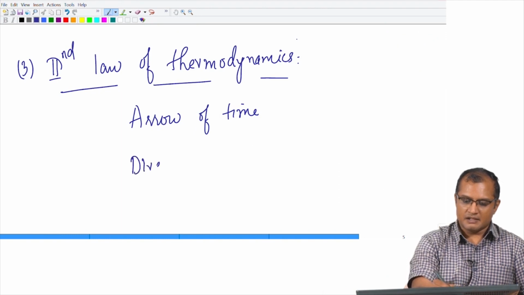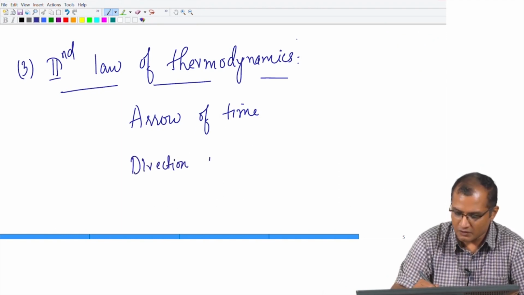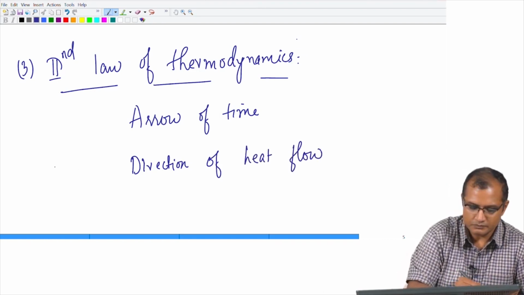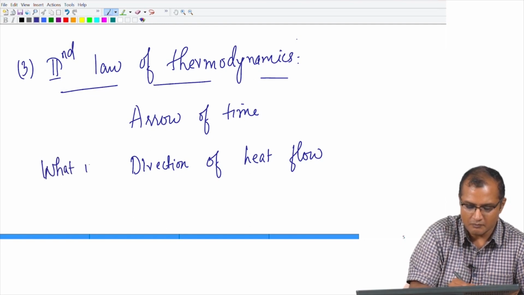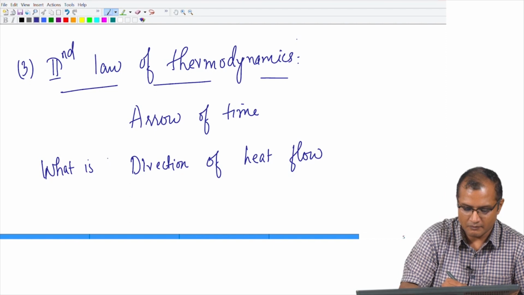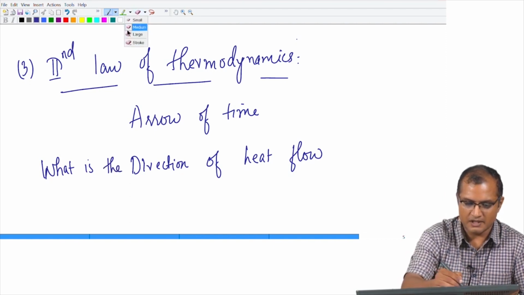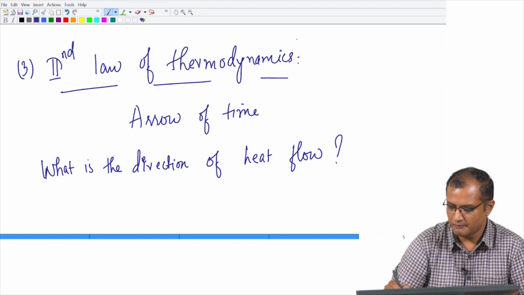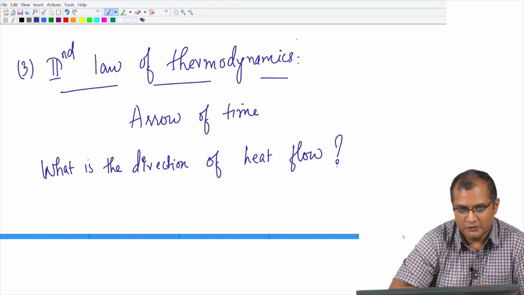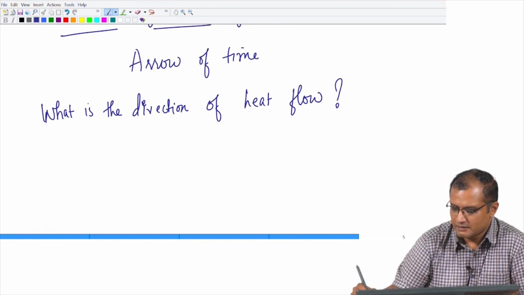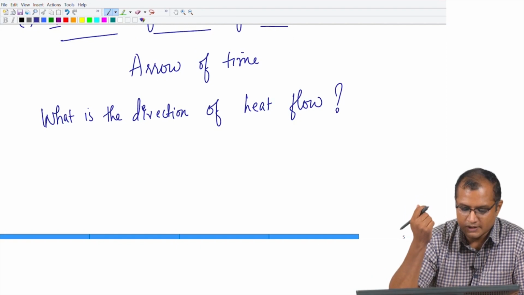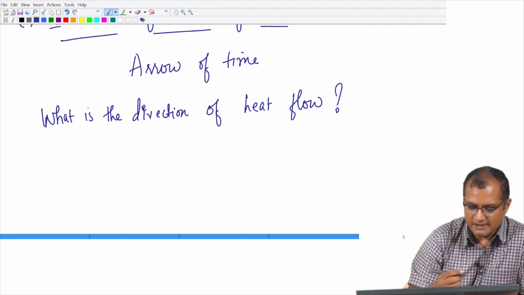So, in other sense we are basically asking a question, what would be the direction of heat flow? Okay. So, what is the direction of heat flow in our problem of heat conduction? So, we can give this direction of heat flow from the second law. So, you can basically say that